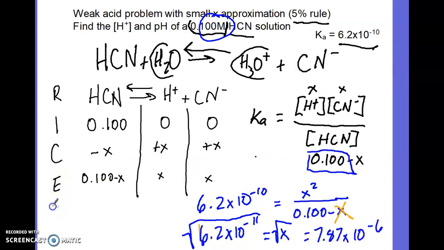As long as it is less than 5%, then you don't have to worry about doing the quadratic formula and solving for this x. It is small enough. So 7.87 times 10 to the negative 6 would be your answer. That would be the concentration of your H+, which then